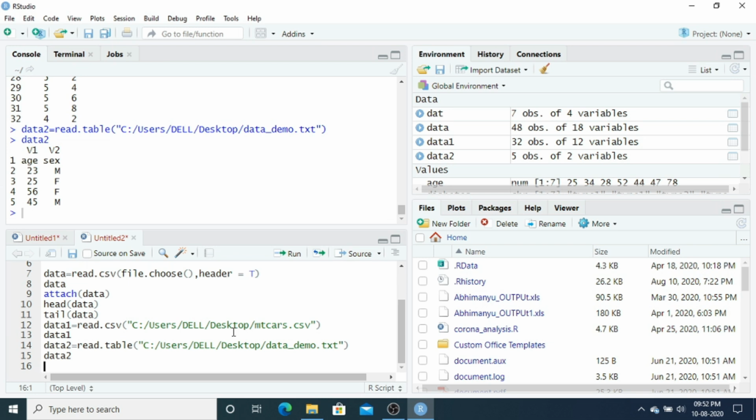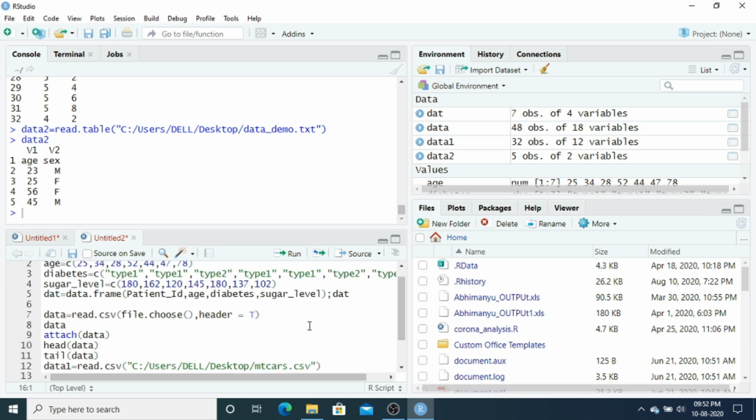So this is how you can call your data, and you know how you can import data into R. And let me do some statistical analysis by using this data.